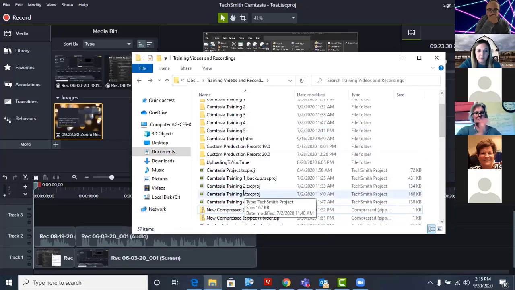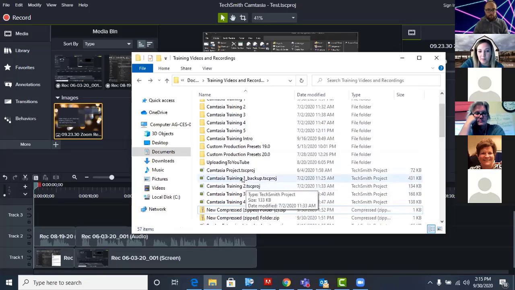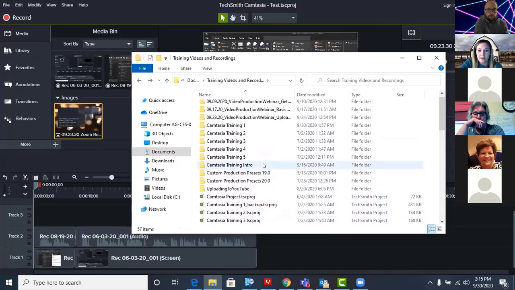So you're going to want to make sure that you put this TSC proj, that's what it's saved as, the project folder in Camtasia, right into the folder that Camtasia creates for you. Without doing that, nobody will be able to access all of the media that's over in this bin. So it's really important that you put the project folder in the actual folder, bundling them all together.